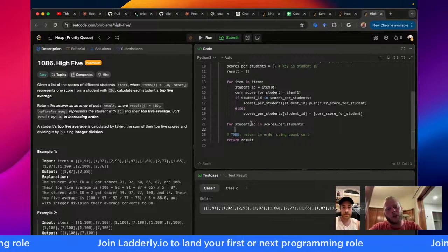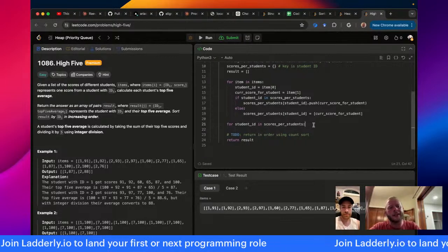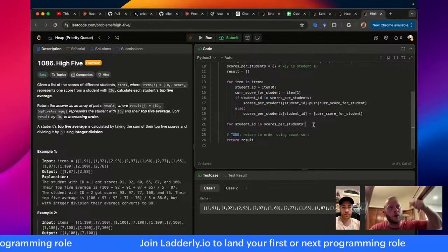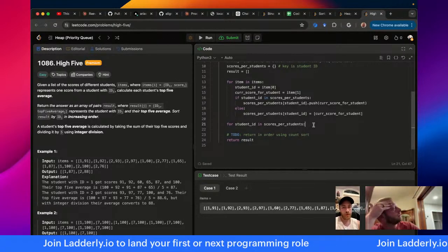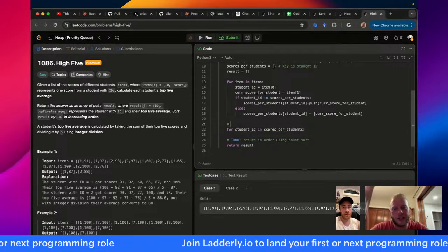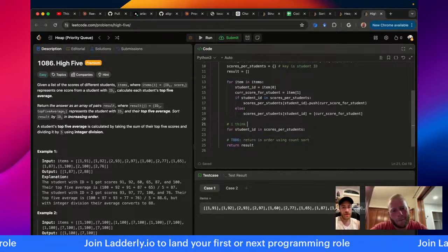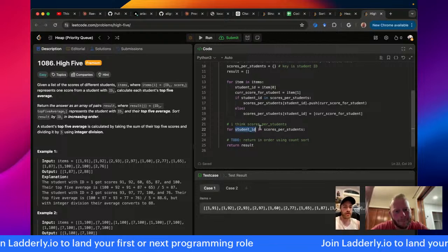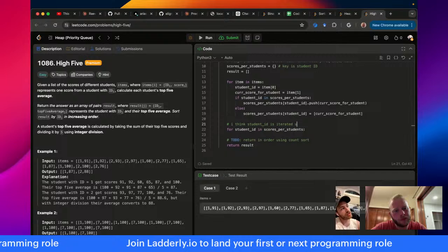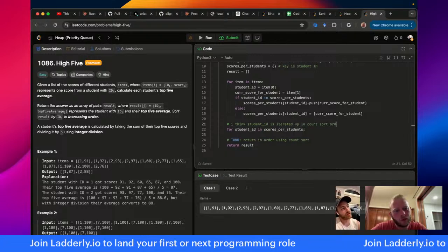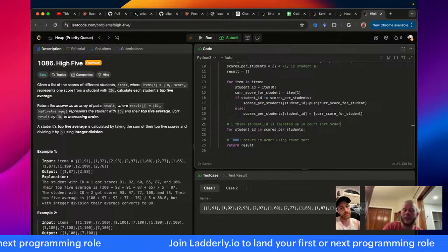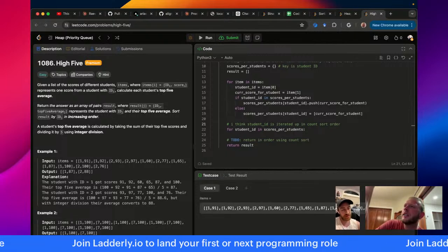When I say for student ID in scores per student, in Python, this should look up the dictionary in integer order. Let's see, is that right? I think it will, and we'll find out because I'll be horribly wrong if that's not right. So scores per student is your dictionary there, right? Exactly. Maybe they changed this in 3.10 or 3.11, but historically there was no guaranteed sort order in Python. Is that the case? That always was the case.